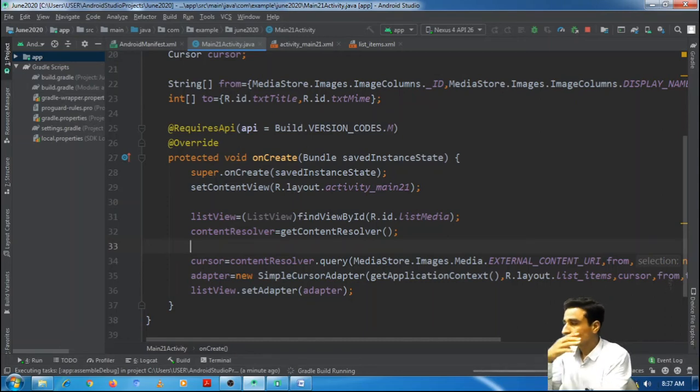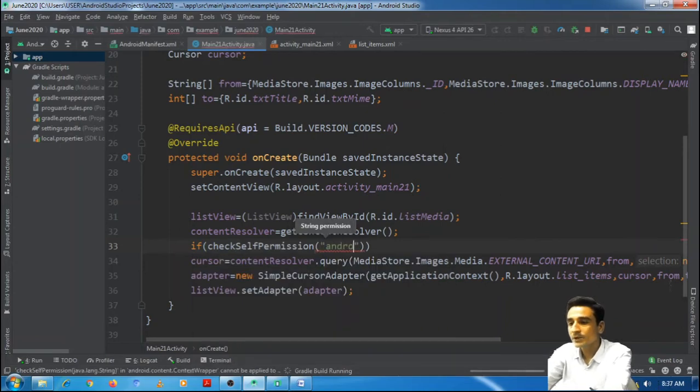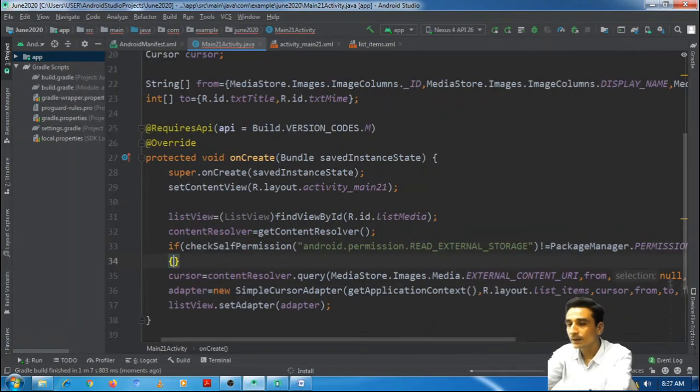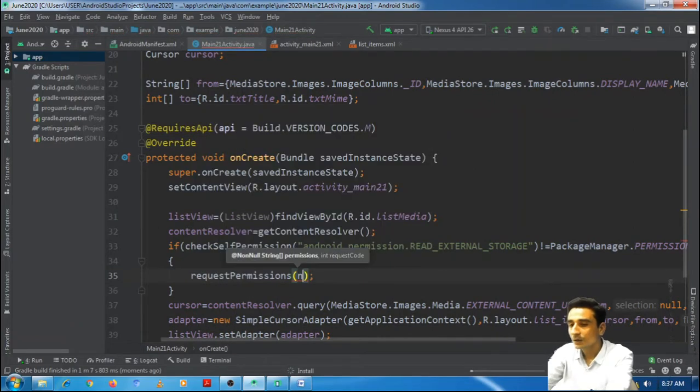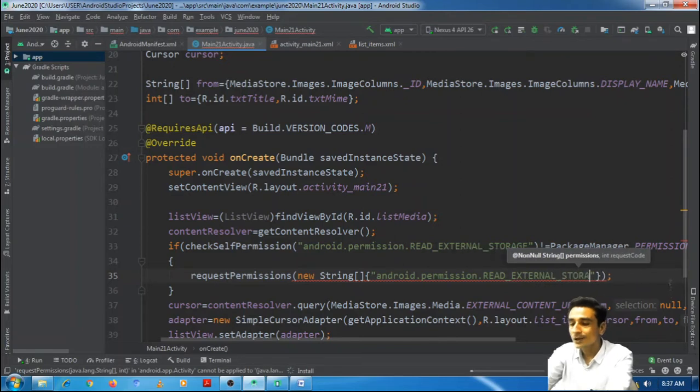Gradle is on the way of building. So let us check here, if checkSelfPermission, which permission, Manifest.permission.READ_EXTERNAL_STORAGE, is not equal to PackageManager.PERMISSION_GRANTED, then requestPermissions, new String array, passing it the string android.permission.READ_EXTERNAL_STORAGE.